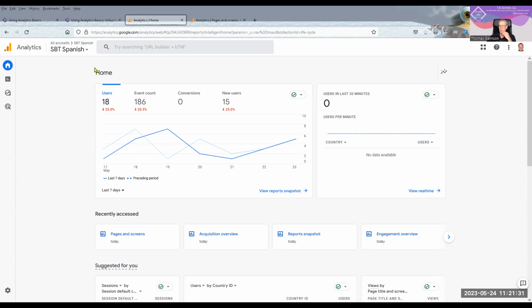Okay, so I'm going to combine this meeting about looking at basic analytics. In this instance, you need the GA4 code. If you have or are using the UA code, then you will get that warning up at the top. And I believe it's July 1 that you will no longer be able to use that.